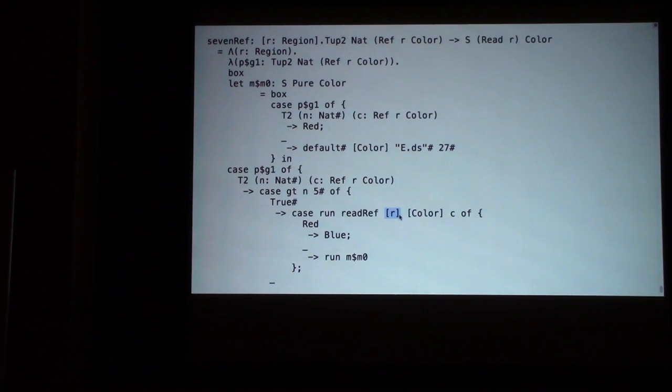Okay. Any questions? Yes? Can you selectively remove one effect and keep some other? Yes. So this